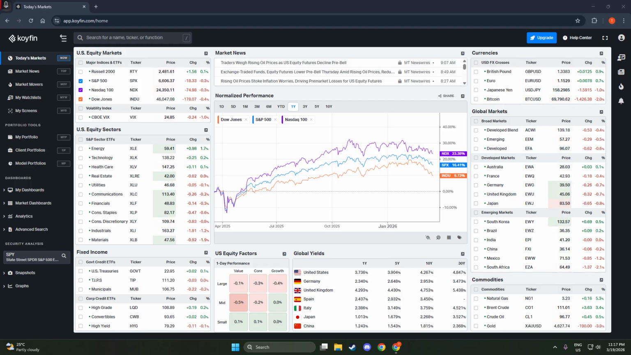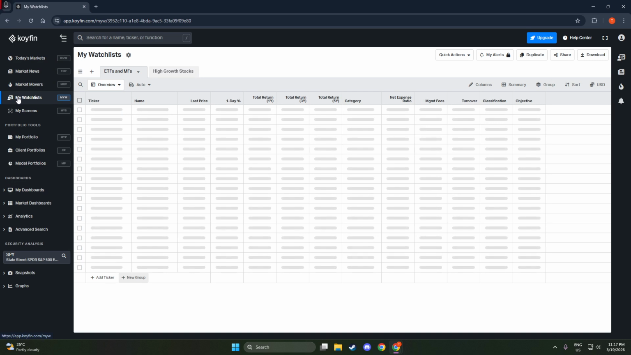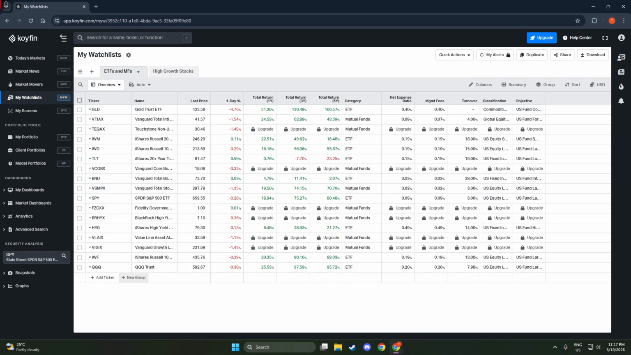Start by opening My Watch Lists. This is your home base for tracking the names you follow, and it lets you organize a clean workspace for analysis. If you already have a watch list, open it. If not, you can work from a fresh list as you go. The goal is simply to bring all the tickers you want to analyze into one place so you can evaluate